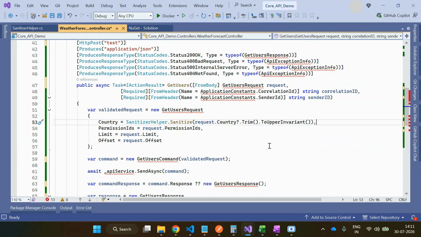Hi everyone. Today we will discuss the Checkmarx vulnerability topic